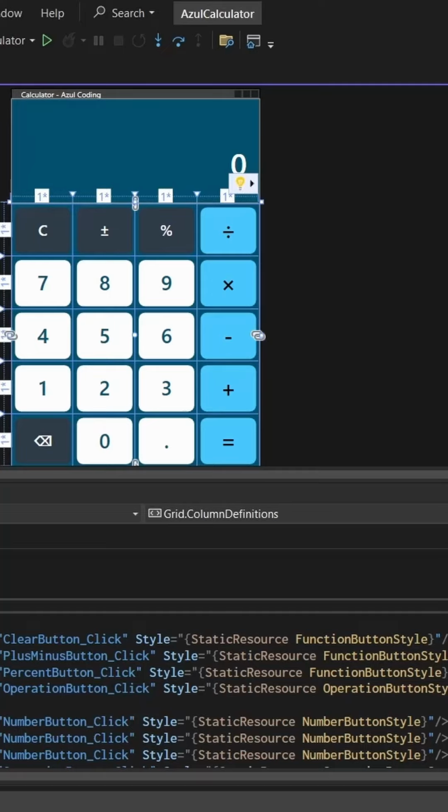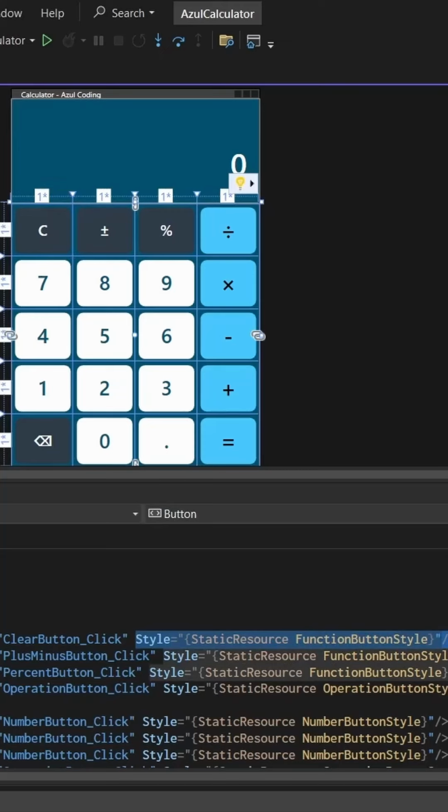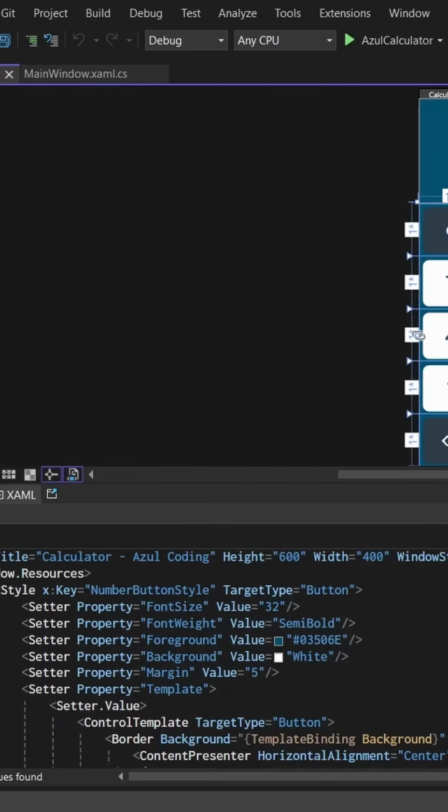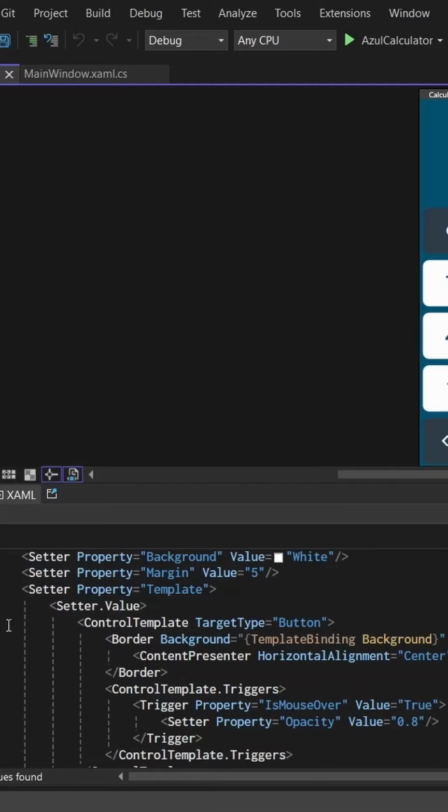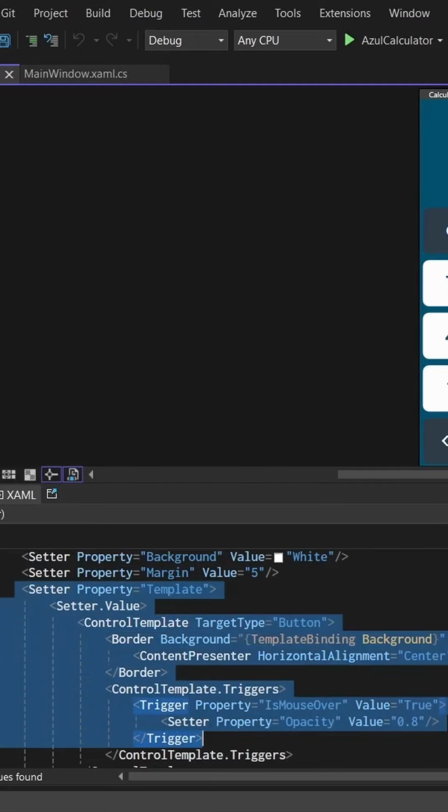To avoid having to repeat the styles for each of these buttons, for example the background color, text color, etc., we can create a style that we reference using the static resource markup, and then in the window of resources I define the styles. In the number button style, for example, I've defined each property using a setter, specifying the property name and value. We can then set the template for the button, which will contain the text content through